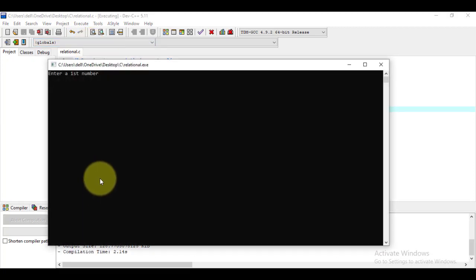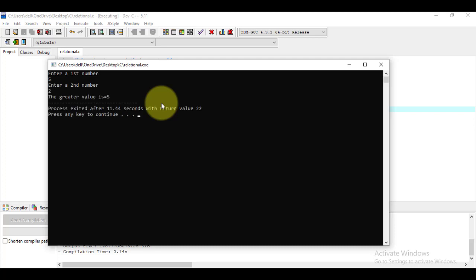So our program is compiled without any error and without any warning. So, enter the first number. I'm entering the first number, say 5, and enter the second number, say I'm entering the number 2. So it is showing me the message, the greater value is 5. Now the condition is also true, that is our value of A is greater than the value of variable B. Here we have to understand, for the first variable we have entered the value 5, that is A is equal to 5, and for the second variable we have entered the value 2.